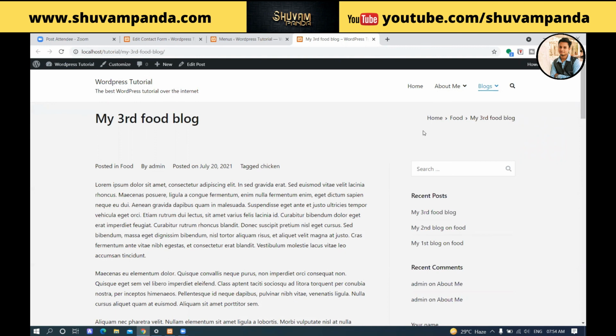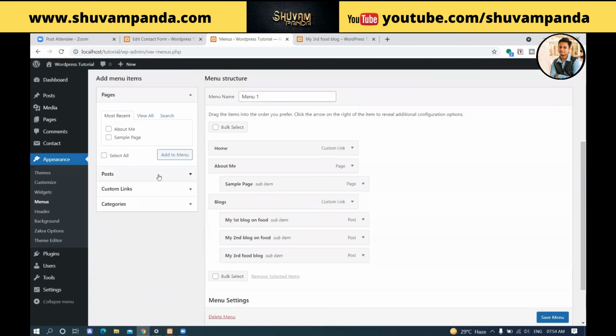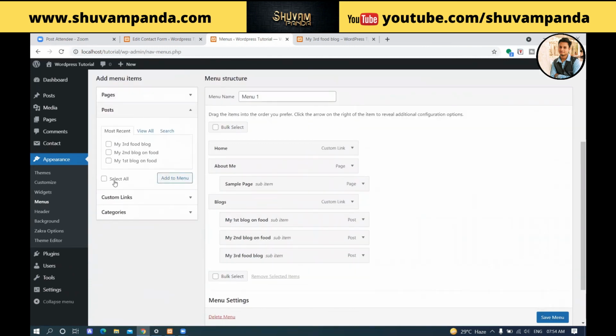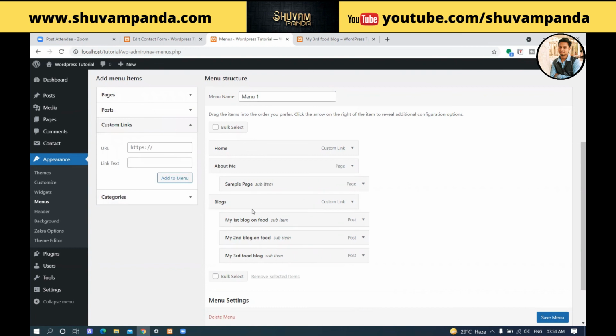Okay, so in this way you can create a menu inside WordPress. You can create a menu by choosing a post, and if you add to menu, this will come over here. You can add any pages to the menu. You can add any custom link that I have shown you over the blog, or else if you have any categories of your website, then you can also add those categories to the website as menu items. Okay,